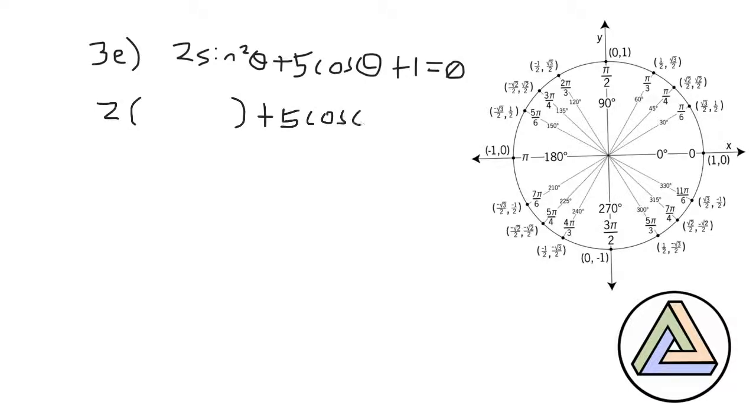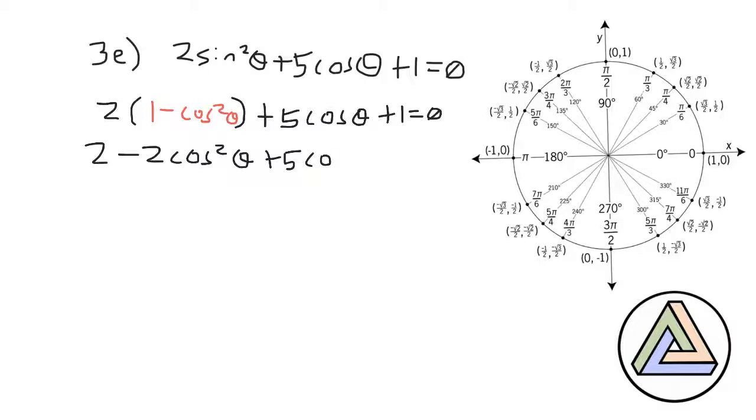So I'll fill in those parentheses in a second, but again, I like to draw the parentheses first. What goes in here? Well, that would be 1 minus cosine squared theta. Distributing that would be 2 minus 2 cosine squared theta plus 5 cosine theta plus 1 equals 0. And after going through the motions, combining everything, we would have negative 2 cosine squared theta plus 5 cosine theta, plus 3